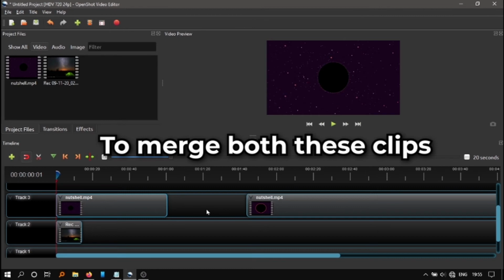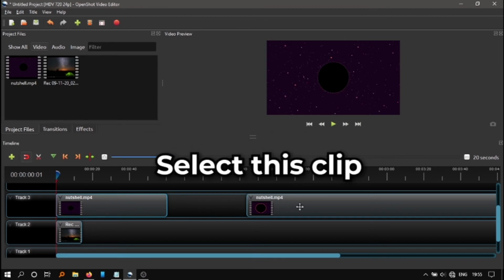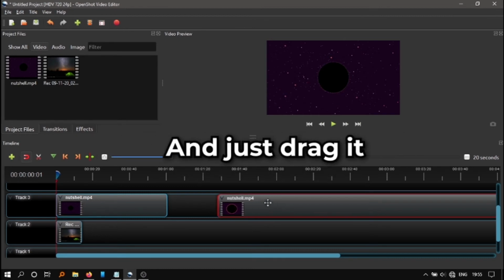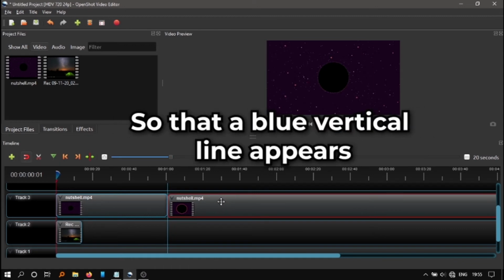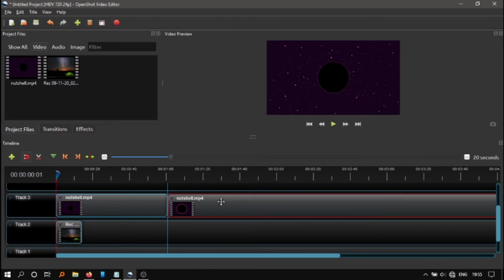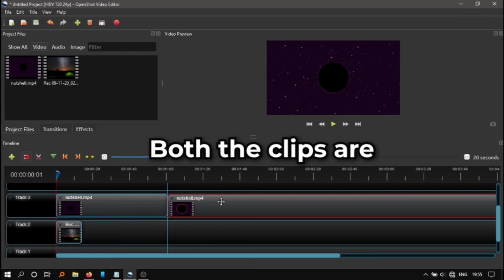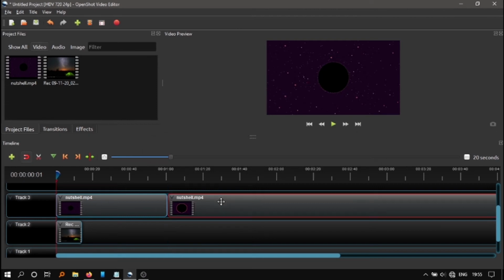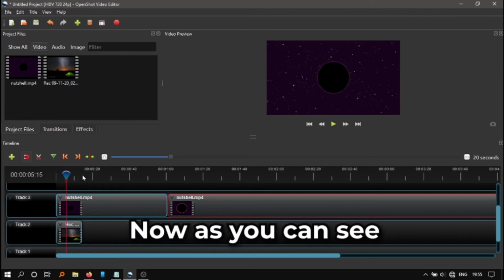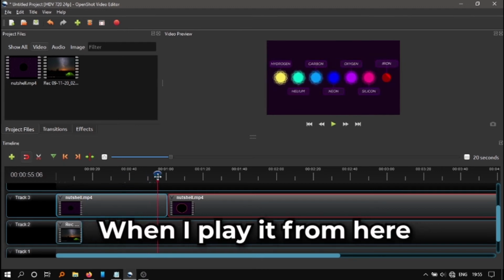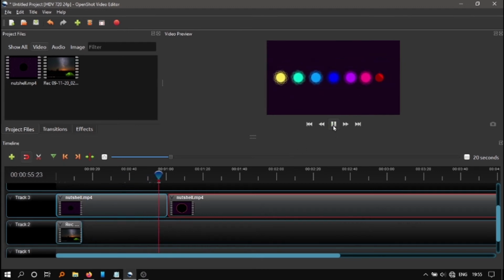To merge both these clips, all you have to do is select this clip and just drag it so that a blue vertical line appears. This means both the clips are perfectly aligned. Now as you can see, when I play it from here,